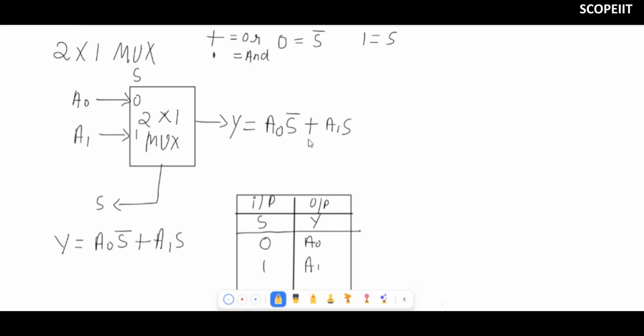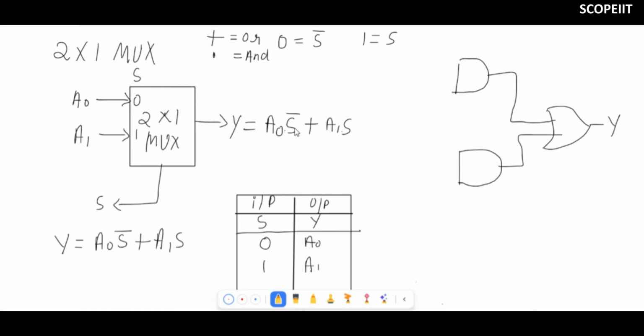So here plus means OR. So there will be one OR gate. I'll construct here one OR gate, and this OR gate will give you output as Y. And what is the input in this OR gate? Two AND gates. Here you can see nothing, so there will be a dot in the middle. So it will be connected through two AND gates. This is one AND gate and this is one AND gate, and they both are connected to this OR gate, right? You can see they are connected with plus. So this will go like this.